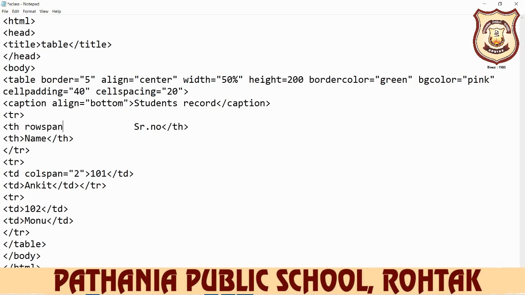If you want to merge cells vertically, then you use rowspan. If you want to merge cells horizontally, then you use the colspan. Is equal to how many cells you want to merge. For example, we want to merge two cells, so you can write down 2. If you want to merge 3, then you can write down here 3.